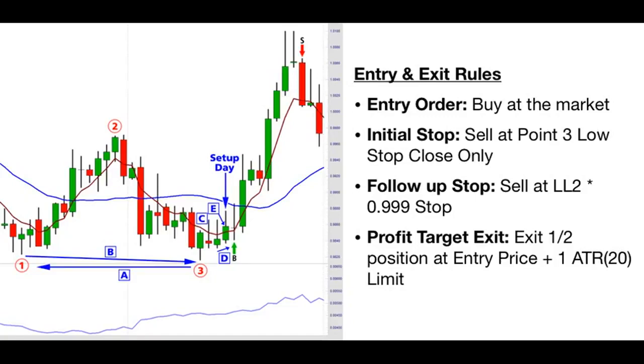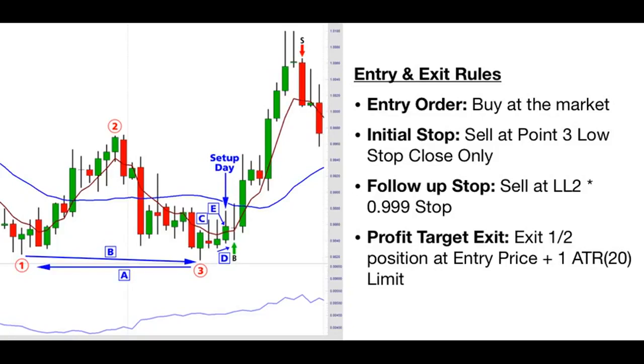And so we don't want to get stopped out prematurely if that happens. Now, after the entry day, we're going to use the follow-up stop to sell at the lowest low of the last 2 days times 0.999 stop. That's a fancy way of saying we're going to take 1/10 of 1% of that lowest low of the last 2 days and subtract it from the 2-day low. Now, that stop will apply to the entire position or a half position if the profit target exit has already